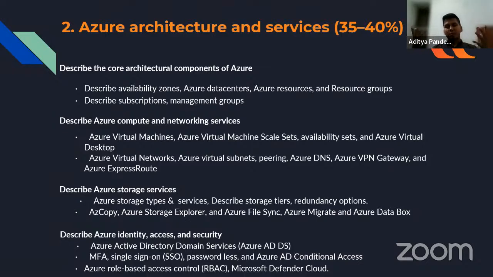In role-based access control, what basically you do, let's say I have a subscription of Azure Cloud, and I am using my account of Azure, and I want another person to have access to my account. So what I can do is I can only give him access to what should be used by him, right? If I want him to use only my virtual machines, I will be only giving access to my virtual machine to that person. So this is called Azure role-based access, right?